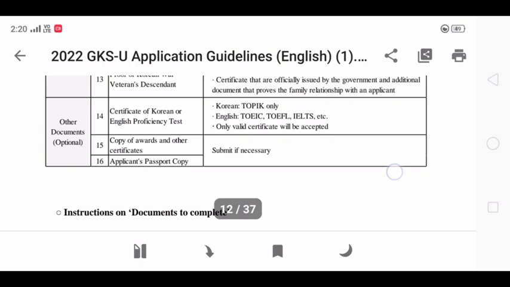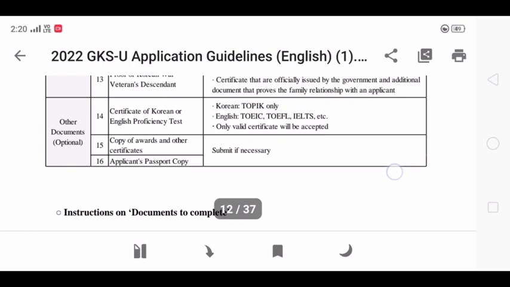Because if you have your passport, you don't need to think about other things: your proof of age will be proved by the passport, and your citizenship will be proved by your passport. So it will be very good if you already have your passport. But then again, if not, it's not a very big issue.